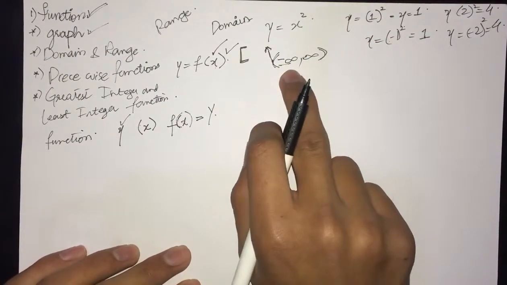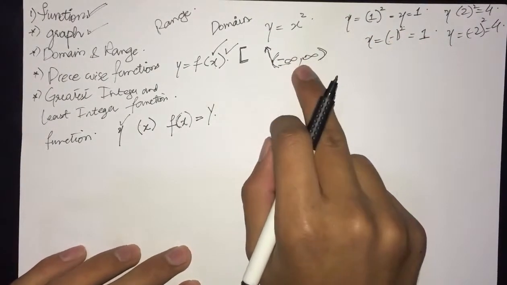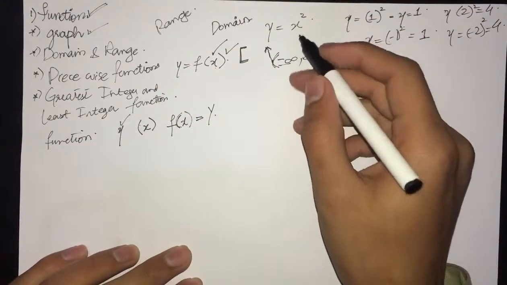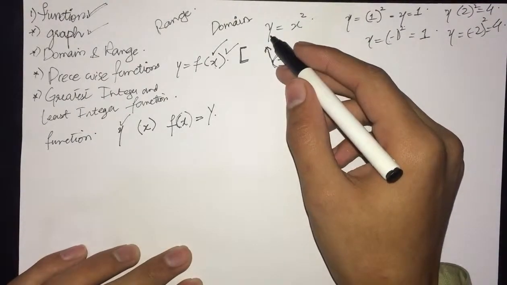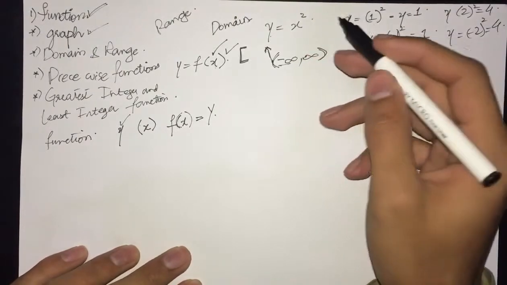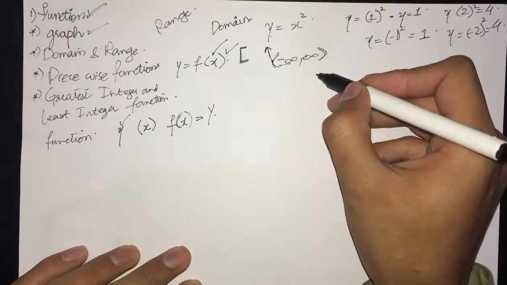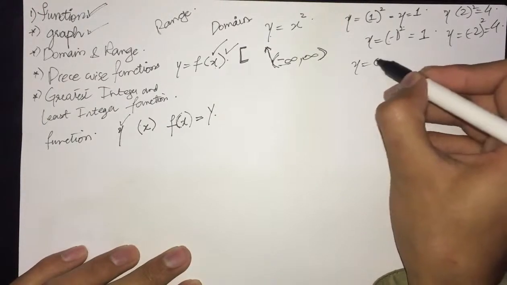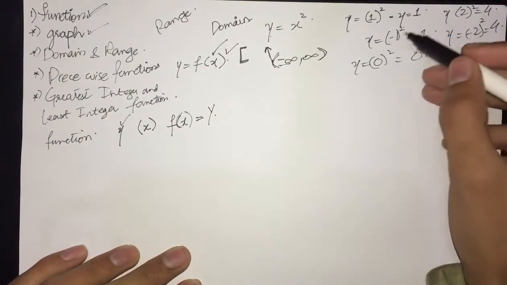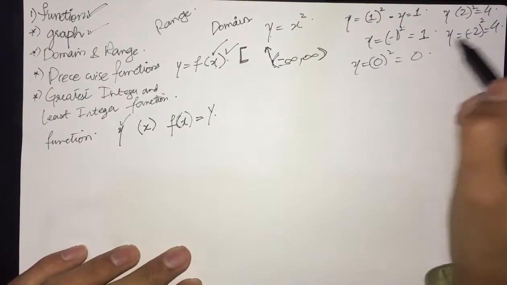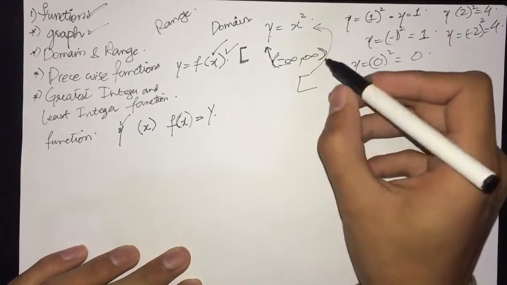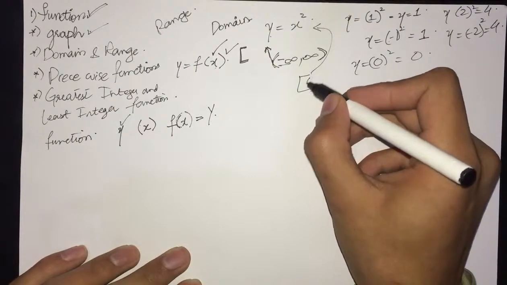We can input any negative number, 0, any positive number, and it will give us a real output. But what is the range of this function? For example, I put 0 into it. So y equals 0 squared, it will give me 0. But if I input a negative number, it gives me a positive number. So the range of this function is 0